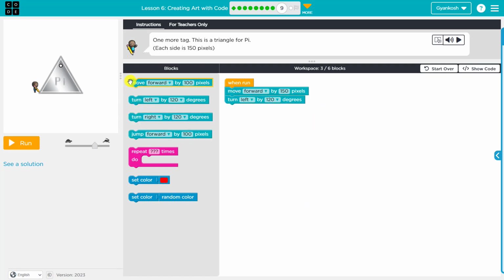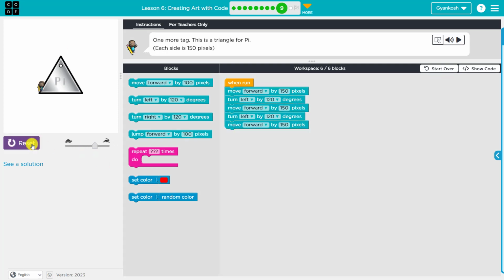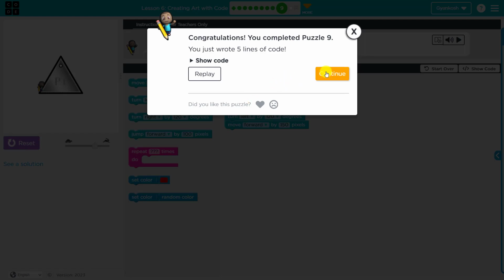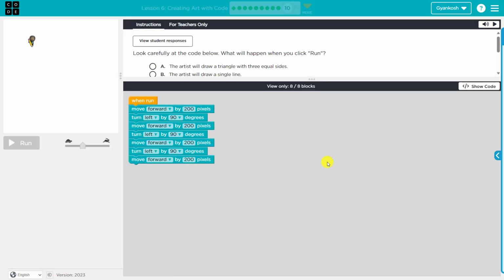Then after making the turn, we move forward again another 150 pixels. Then we make another left turn of 120 degrees and then another move of 150 pixels. Let's run it. Great. Now we are on the last level, which is a